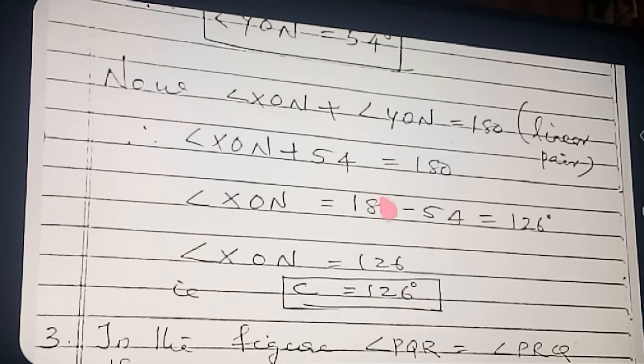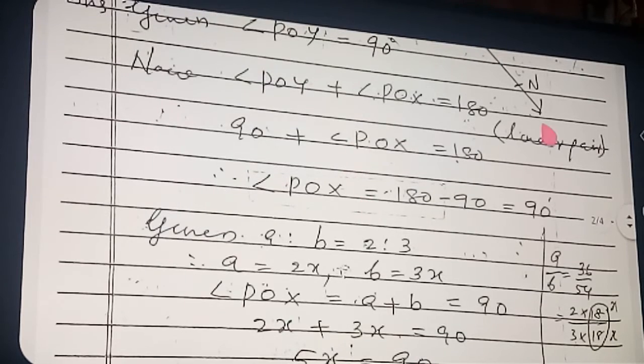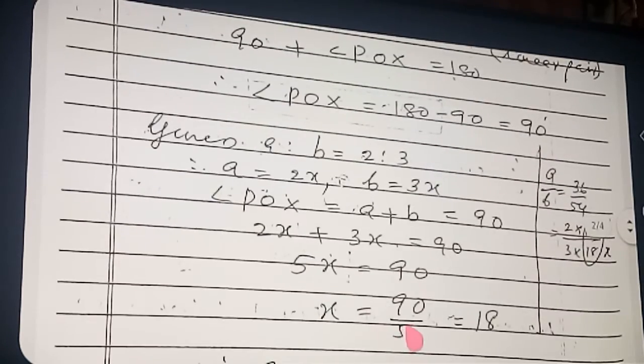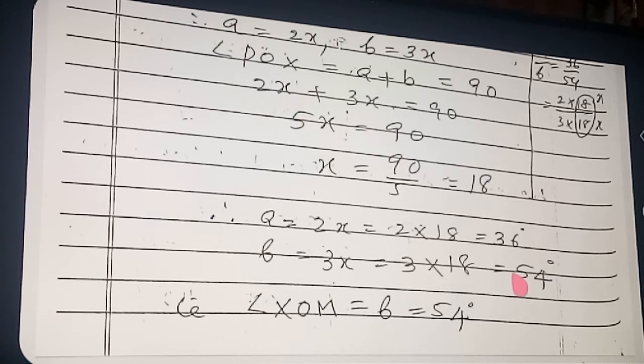Go through the sum once more. You yourself go through the sums. I will show the steps one by one. Each step, see. Okay. This step and this step. Do you have any doubt in any of the steps? This ratio. Understand now how x is taken. What is the meaning of taking x? I already explained. Now this x we found out. Each step, see. X is 18. Then the value of A is found. Then we found the value of B. And XOM is the same as B, 54.